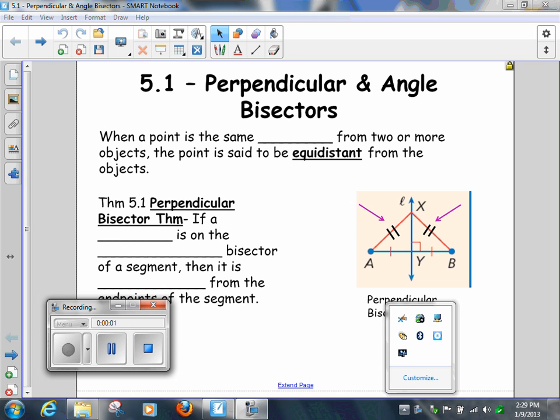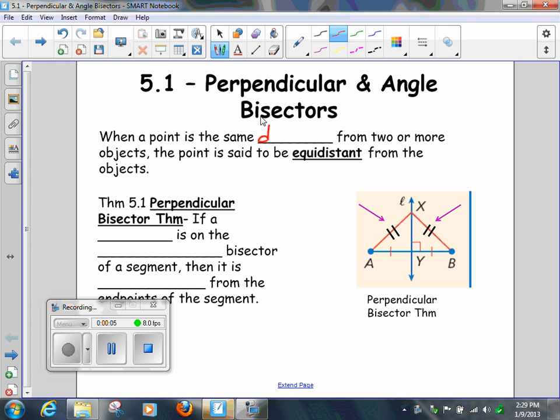Angle bisectors, when a point is the same distance,